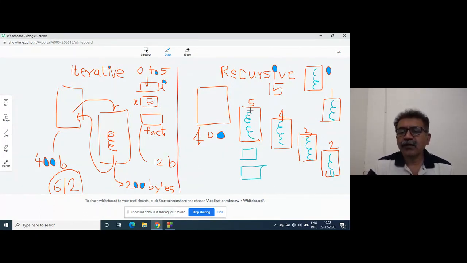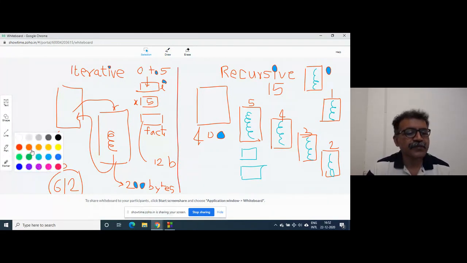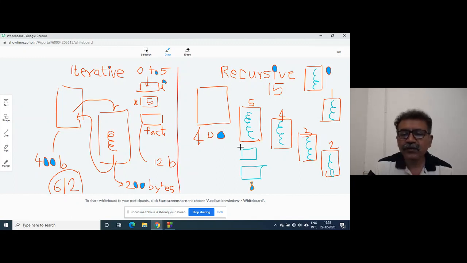So 8 bytes for variables and 200 bytes for the function definition. So this will be 208. Again, this will be 208. So total bytes will be 208.